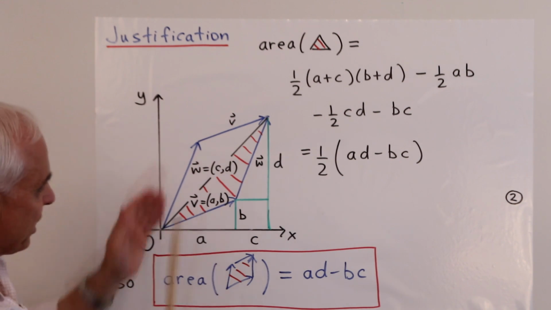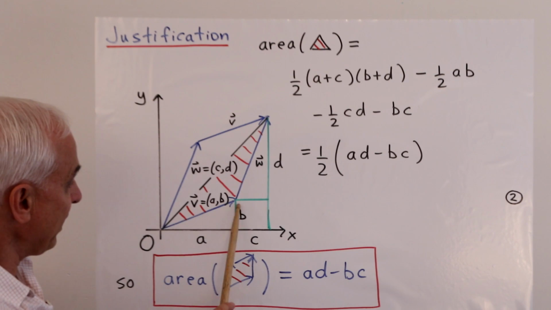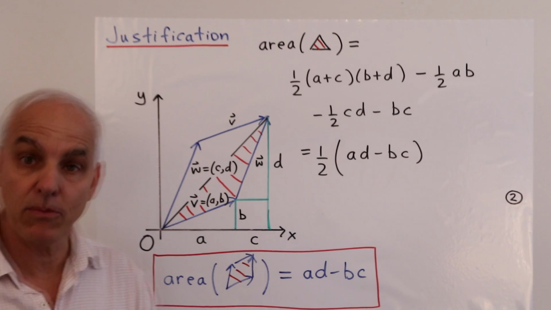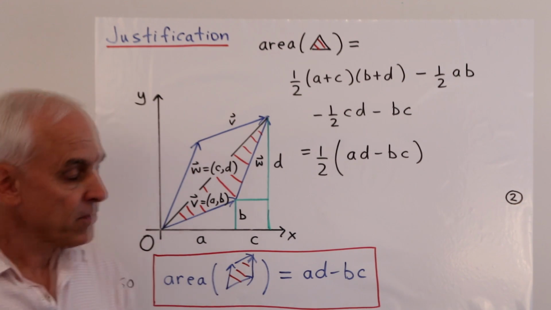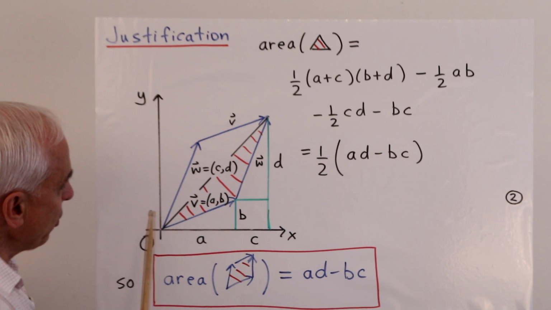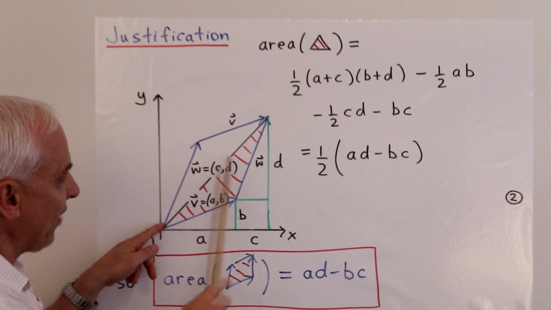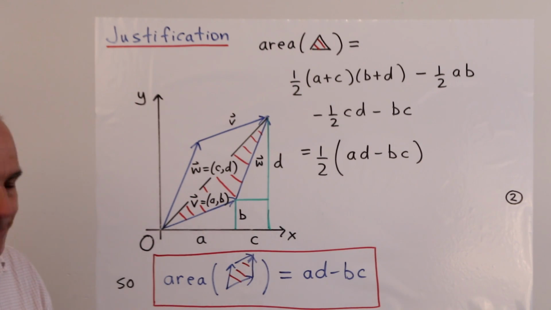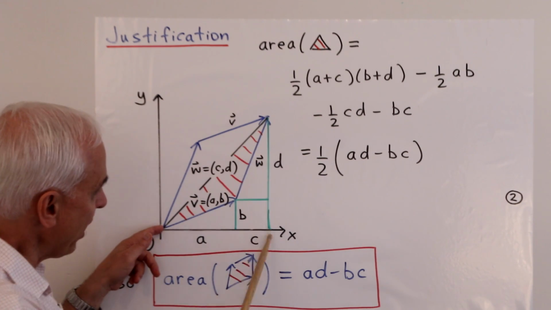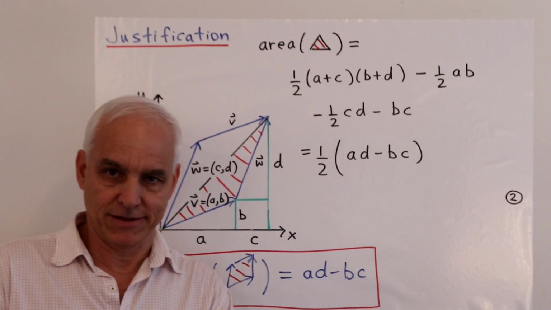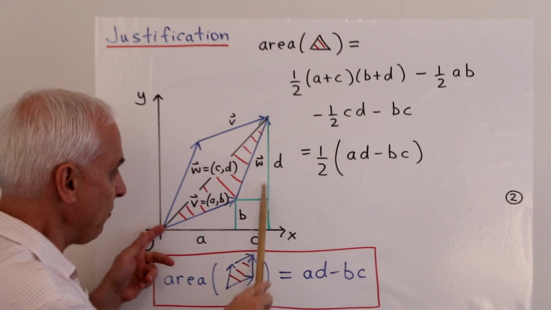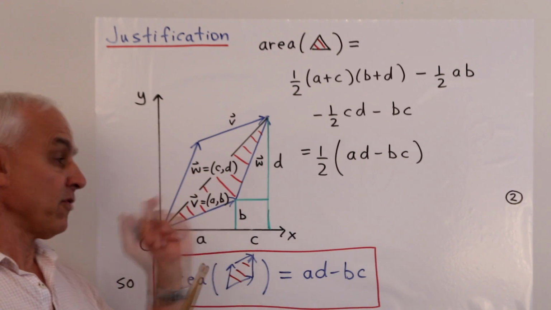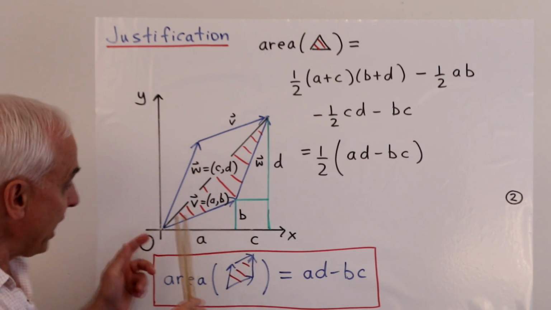So let's have a look at this particular setup here, where we have our vector v, (a, b), there, our vector w here, and here's that parallelogram whose area we want to determine. Now, I've drawn the line here, and we're going to look at just half of the parallelogram, this half of it here that's shaded in red. So the area of this triangle is what? One approach to finding the area of this triangle is to do some cut and paste arguments. We can take the area of this big triangle and subtract the areas of these three smaller objects, and then we'll get the area of the triangle that we're interested in.